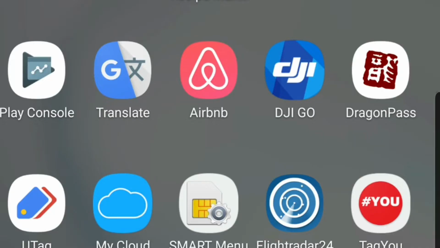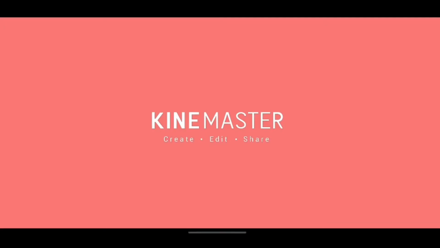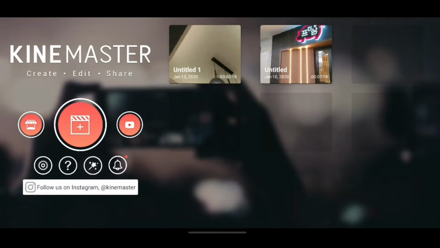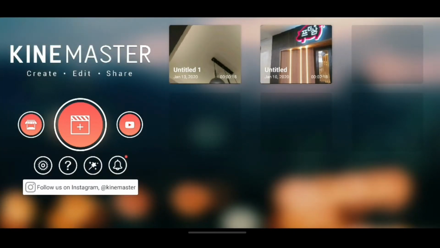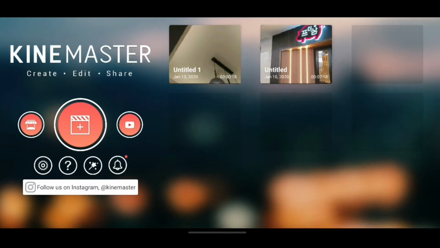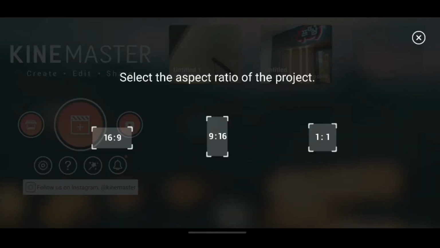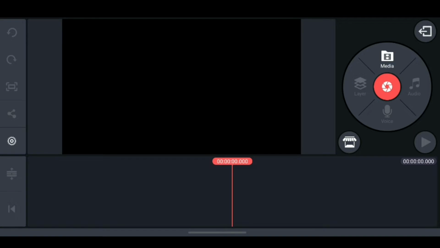So here guys is the Kinemaster app. As you can see, there are two videos already that I already edited, so we're gonna click on new and select 16:9 because the 16:9 ratio is the one for YouTube. Okay, click that. Okay, you will see this, your dashboard. So we're gonna go click media,